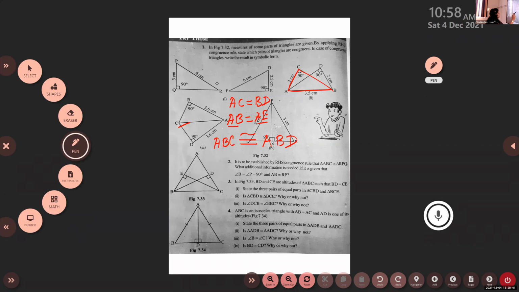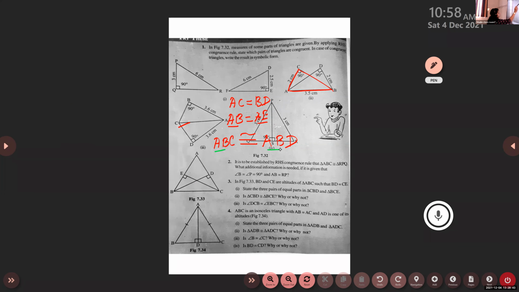So how will you cross check? AB is equal to AB. Yes, correct from the figure. Now what is the second side? It is given BC is equal to BD. Is it correct? Yes, ma'am. No, it is not there. BC is not given. We can check only AC. No, AC should be equal to AD. Then it is wrong, isn't it? We cannot write that correspondence. It is wrong. So which correspondence will you write?